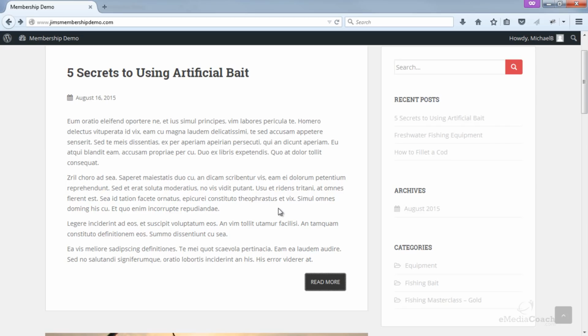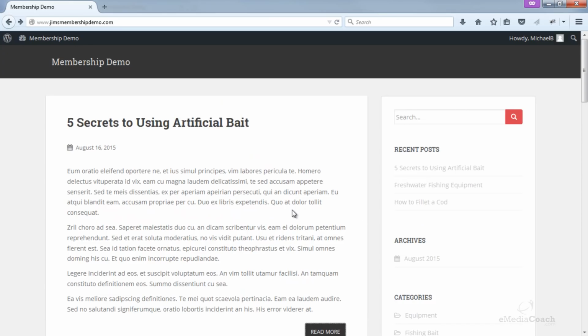Now I'll be making a few more tweaks to help you make your membership website better and smoother. We'll be adding a login screen in the right-hand column here. We'll be adding sign up and login links to our menu, and we will also remove this membership bar so that when a user logs in, they don't see this ugly black bar over here. Meanwhile, if you have any questions, please do let me know.